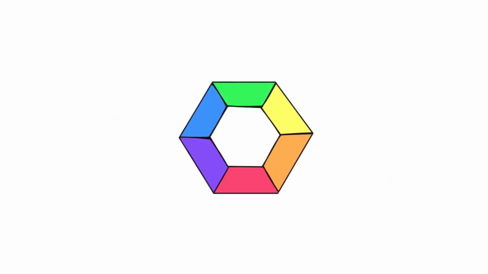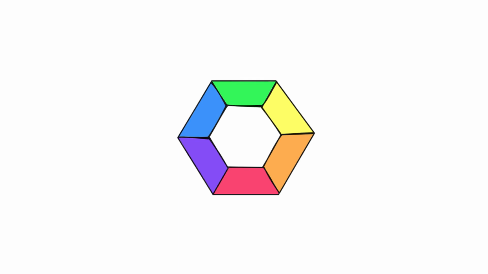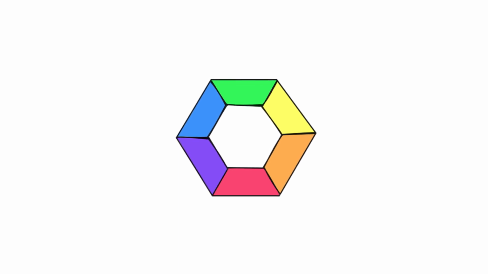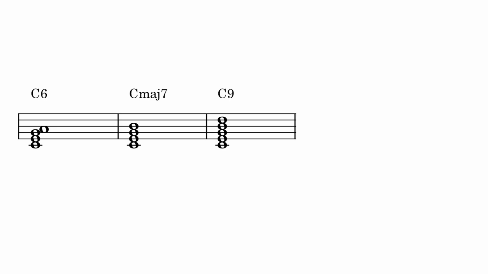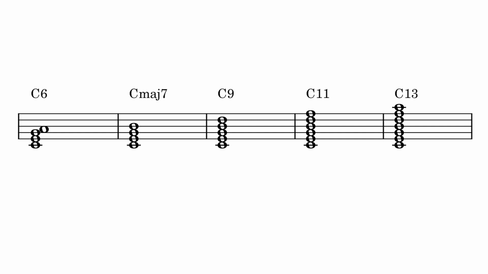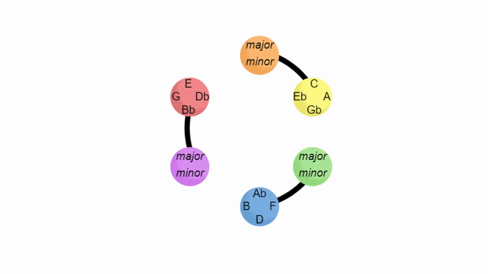In most jazz and modern harmony books, there are the so-called extensions, which are richness tones one can add to the basic triad in order to make it harmonically richer, like the 6th, the 7th, the 9th, the 11th, and the 13th. However, what if we were to resolve them? This is where the color wheel appears again.